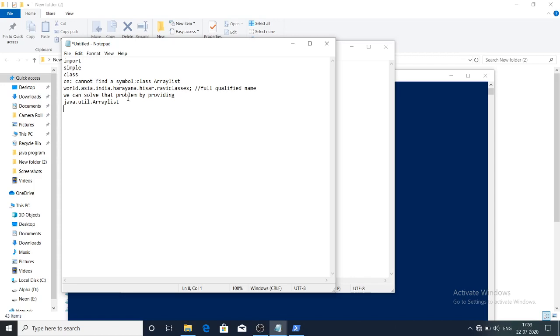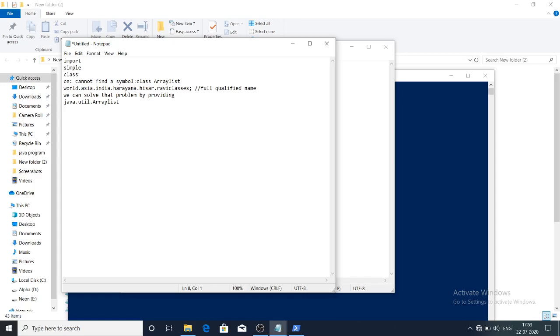Because of that, our actual information, like I want to show the make of an array list, but because of the big name, the actual information gets hidden. So because of this, there is a problem in readability, and the length of code increases. Okay, each time, every time we use this,